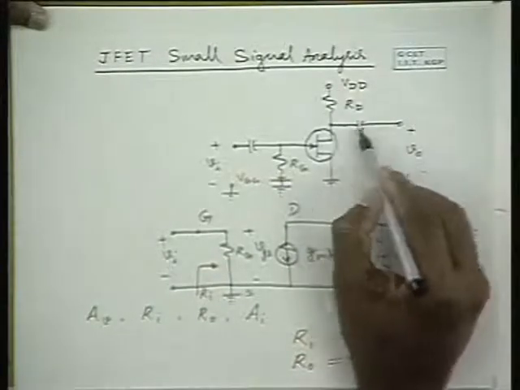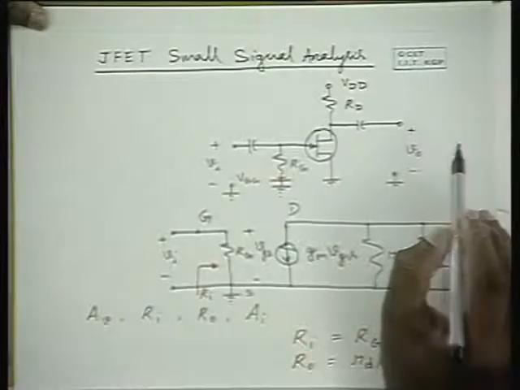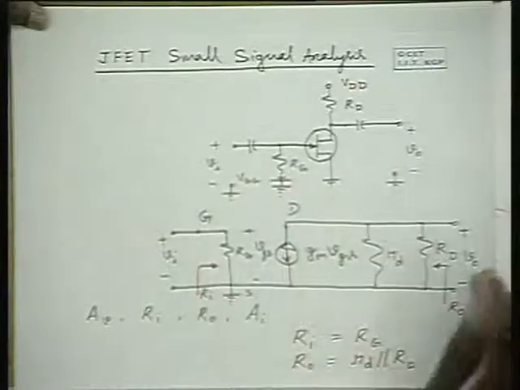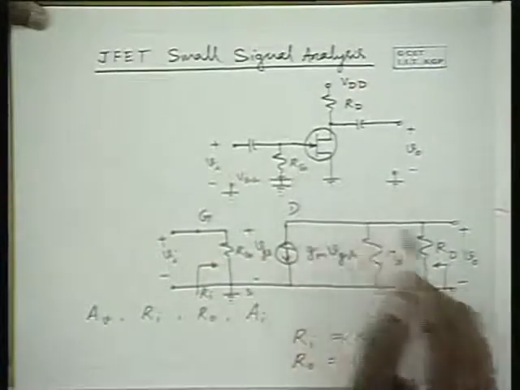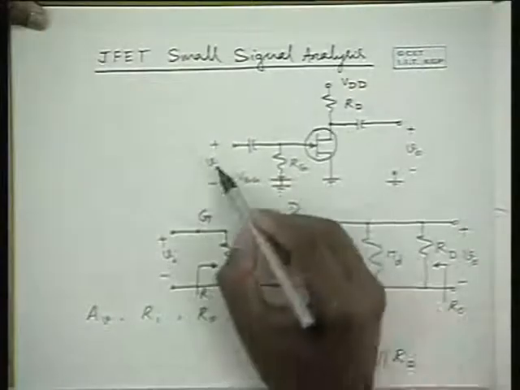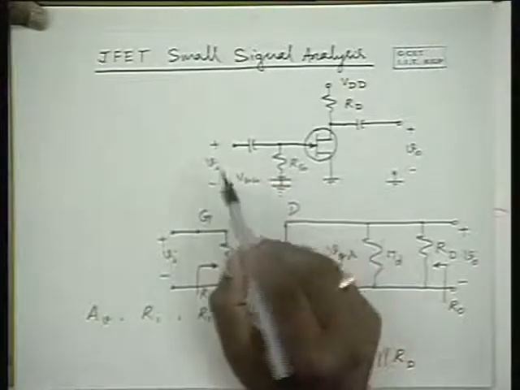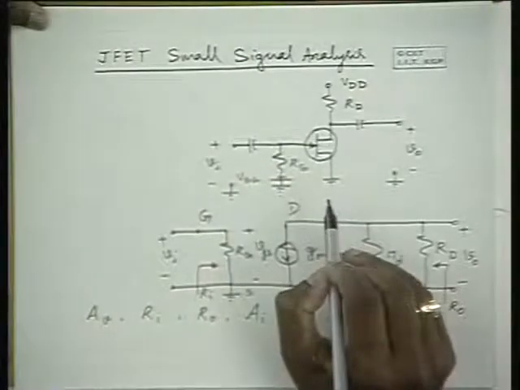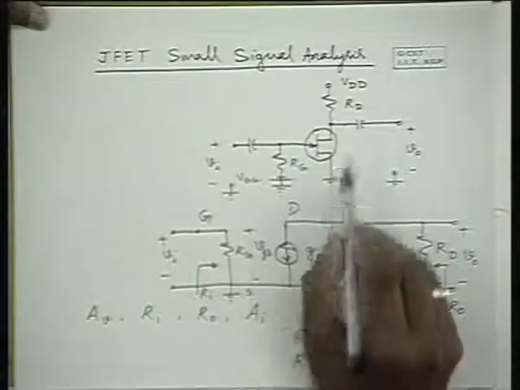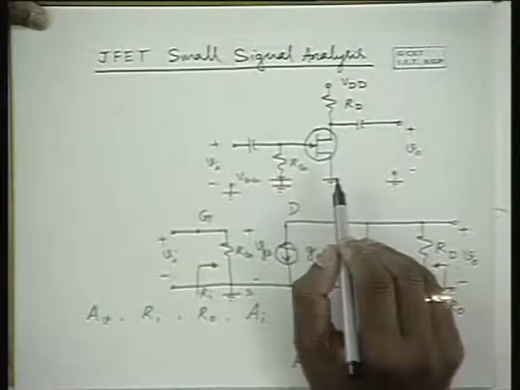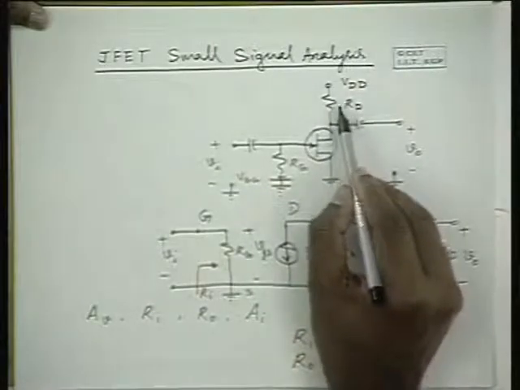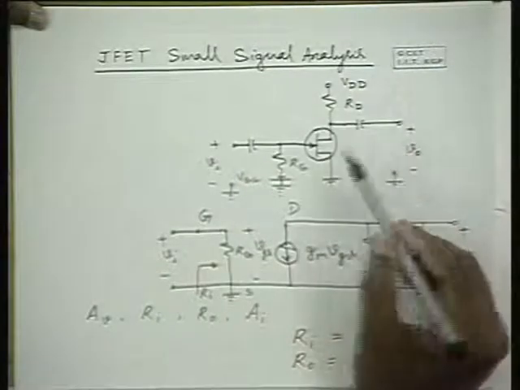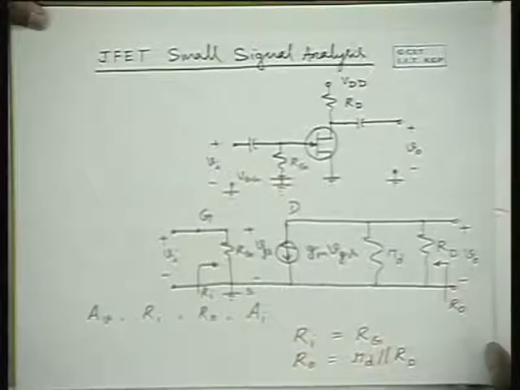As the current increases, the output voltage falls. Because of this reason, the voltage gain is negative. For a rising input, you will have a falling output. Because the rising input, I repeat, reduces the reverse bias between the gate and source, hence the current increases, and the voltage drop across RD is in the negative direction when you tap the output over here. Therefore, you have a negative sign in the gain.